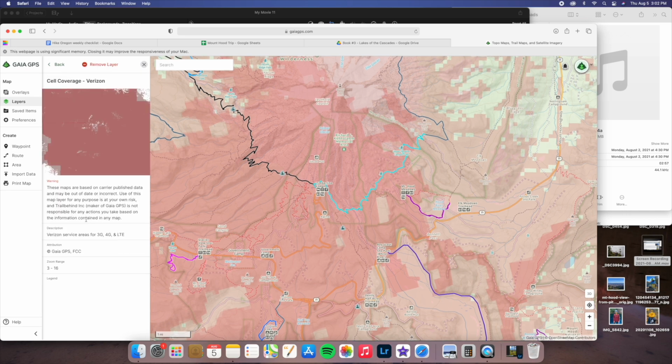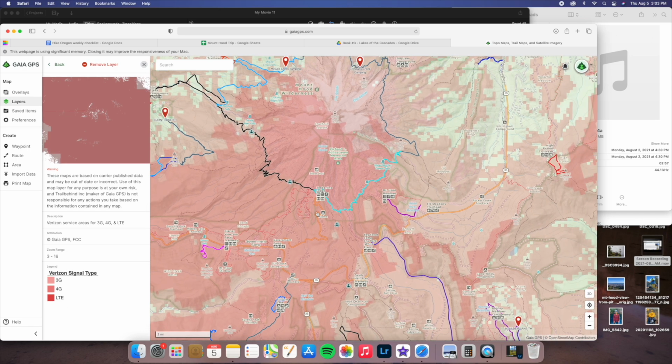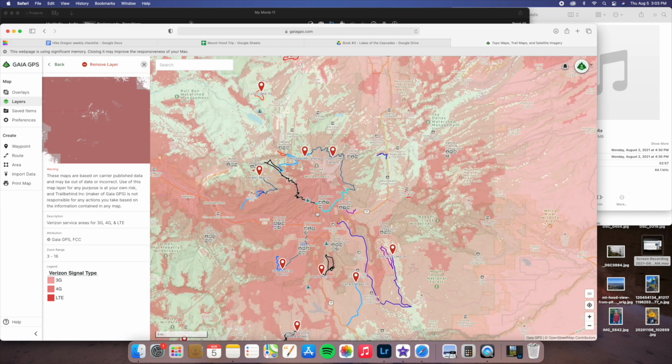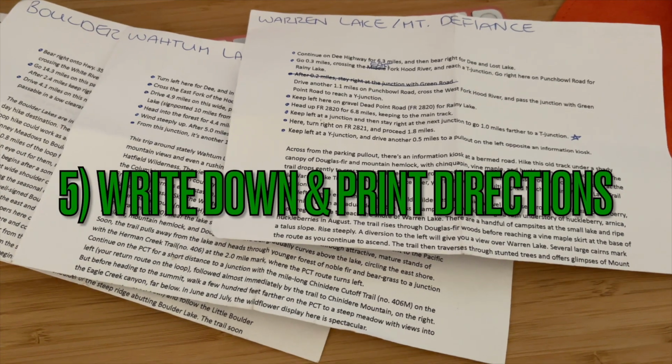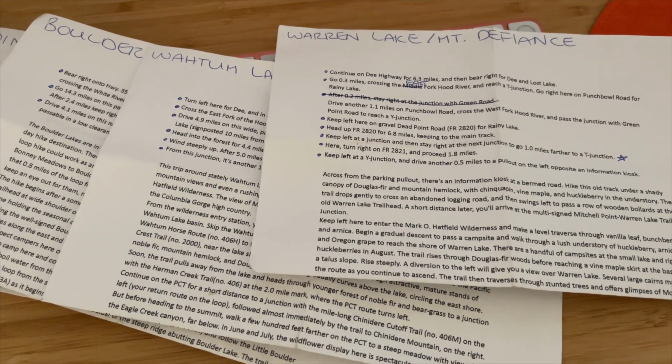The different shades of pink mean different things. So the darker shade means LTE, and then there's 4G and 3G. And this is pretty accurate. I had pretty good service here at White River Snow Park when I went there just a few weeks ago. And while I might have some phone service at camp, you know you probably don't have phone service in the